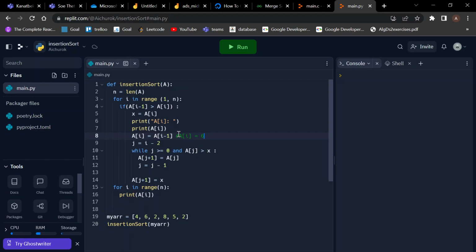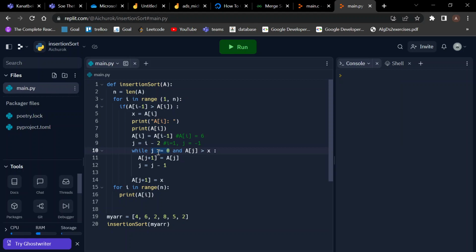And here i is equal to 1. That's why j is going to be -1, right? And we have -1, and we go to the next instructions,